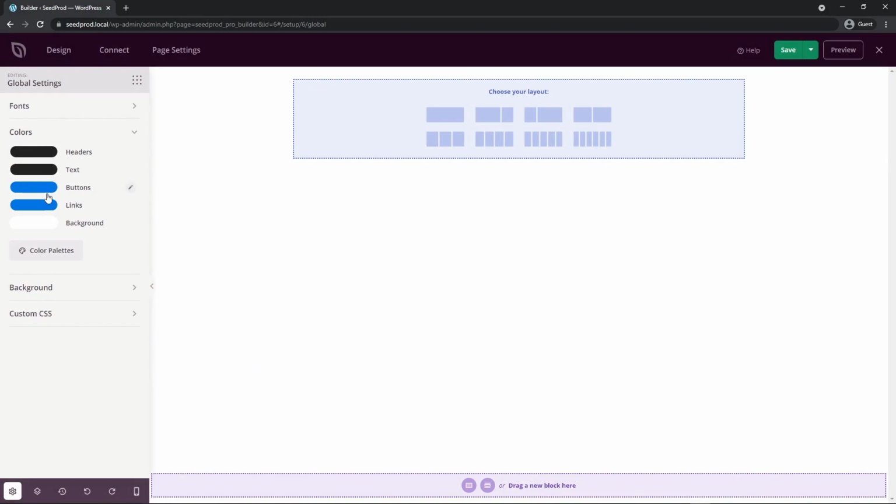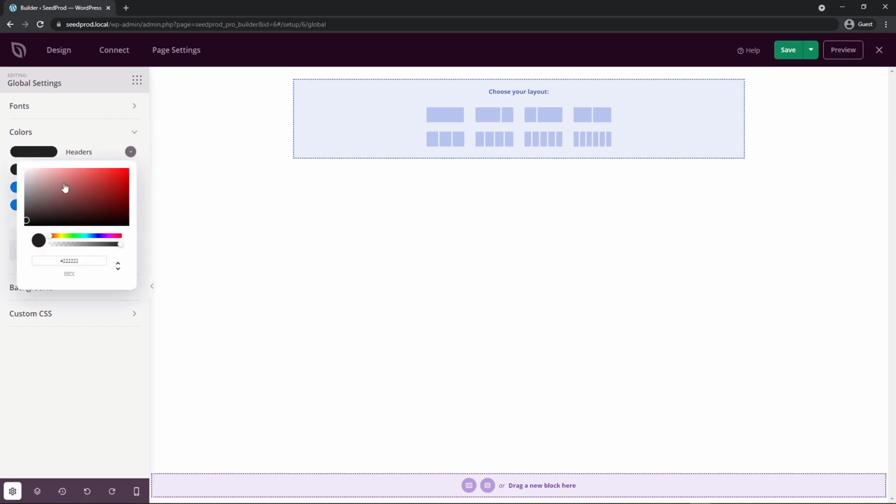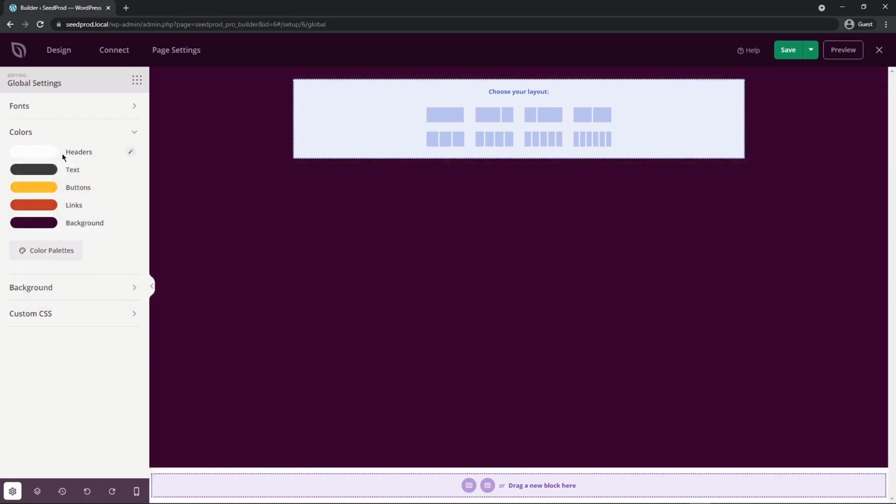So I'm going to go ahead and update these colors by just clicking on them and then changing them in here. So there we go. I updated the headers, the text, the buttons, the links, and the background colors. So you'll also see that once I updated the background, this was updated in the visual side as well here on the right side. Next, to get back to the blocks, I'm just going to click the icon up here